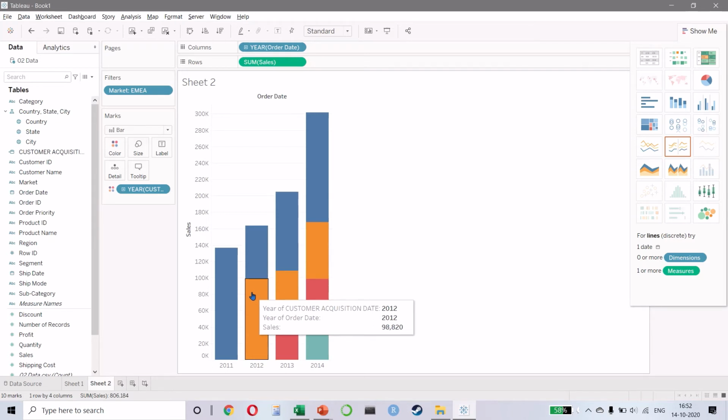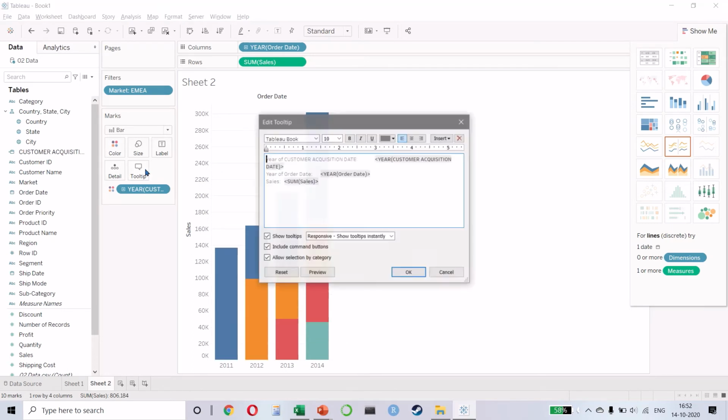But I would like the tooltip to be more descriptive. So let's click on tooltip. And let us say that in the year order date, the year customer acquisition date, customer cohort generated the sales.